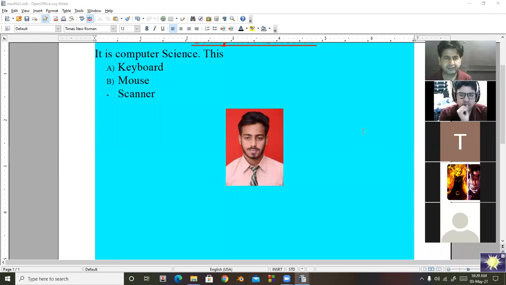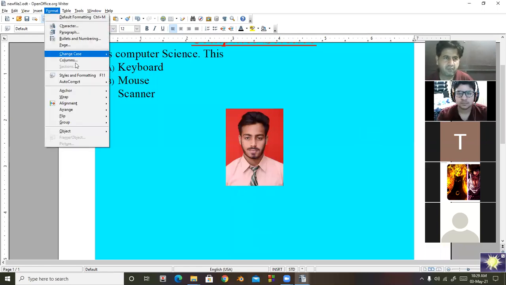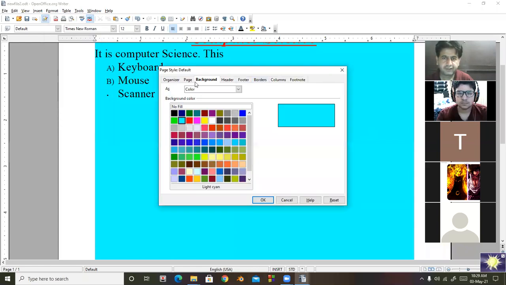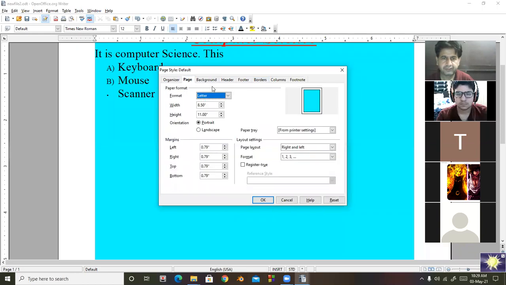Next is, in the same dialog box, there are two types of orientation.